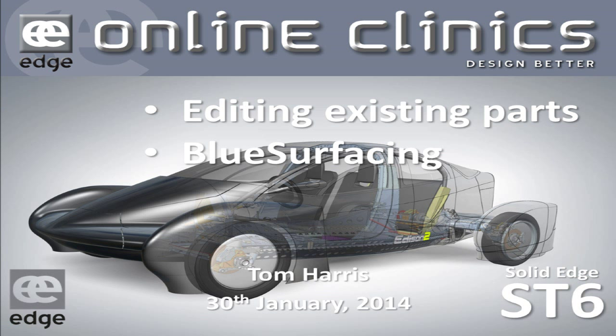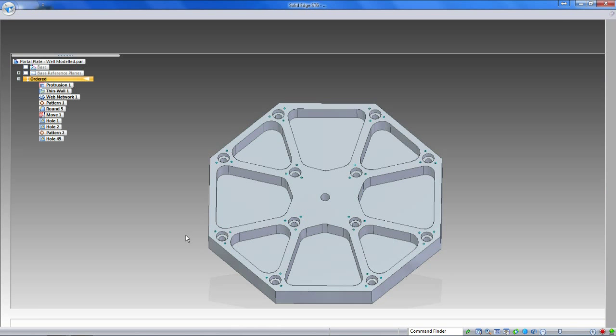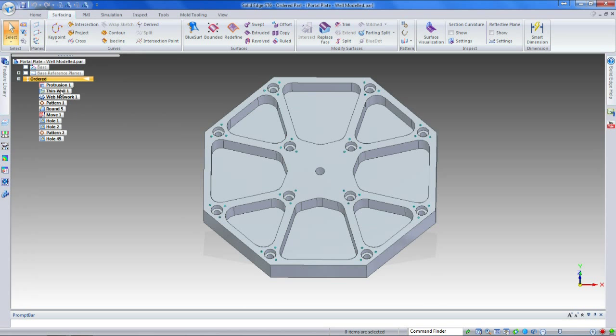Today we'll be looking at two topics. We'll be looking at editing existing parts and we'll be looking at blue surfacing, or using the BlueSurf tool. I'll just start off with editing existing parts. This one here is what I would term a well-modelled part. Basically you can see that it's quite well laid out, and what really defines whether it's a well-modelled part